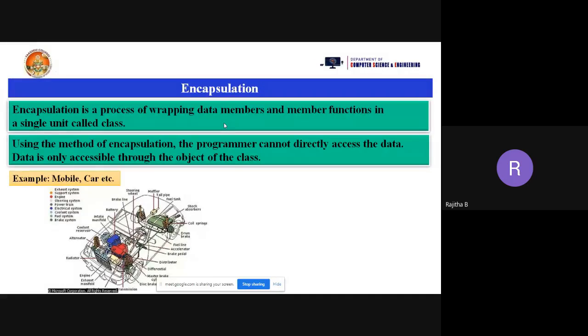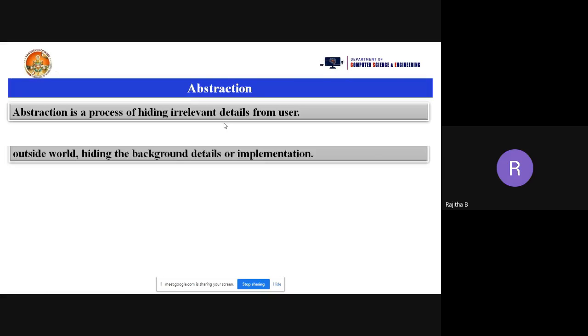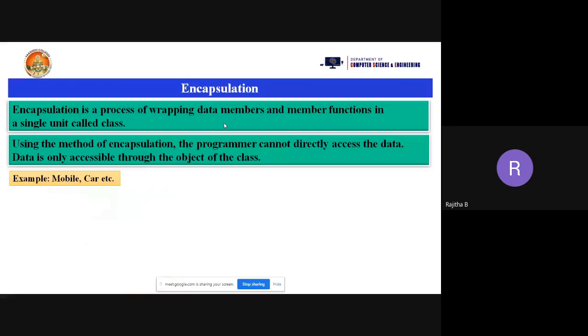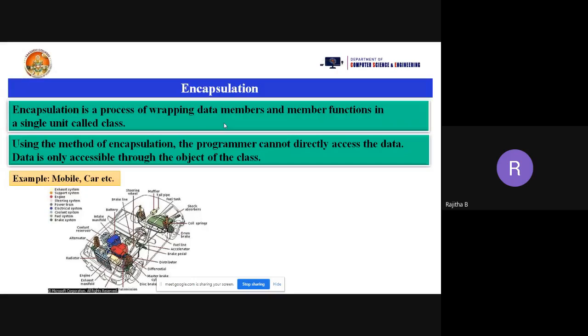But these are not visible to us. They are covered with one plane like this. So the engine and the fuel are not visible to us. Only the outside is visible to us. It covers all the parts of your car with one sheet.